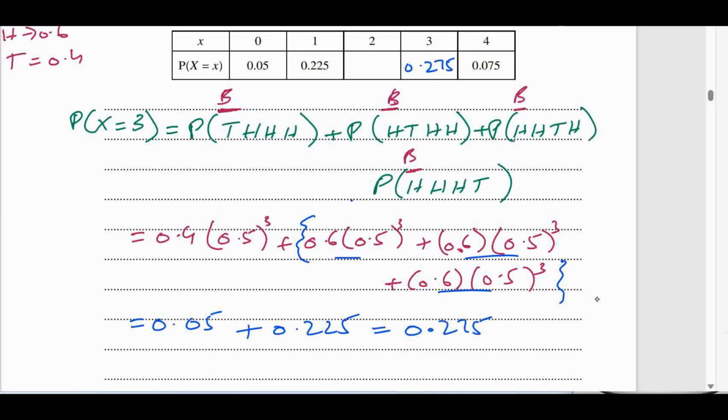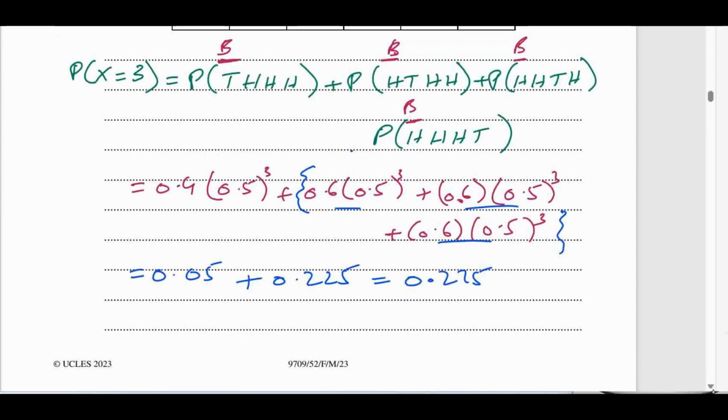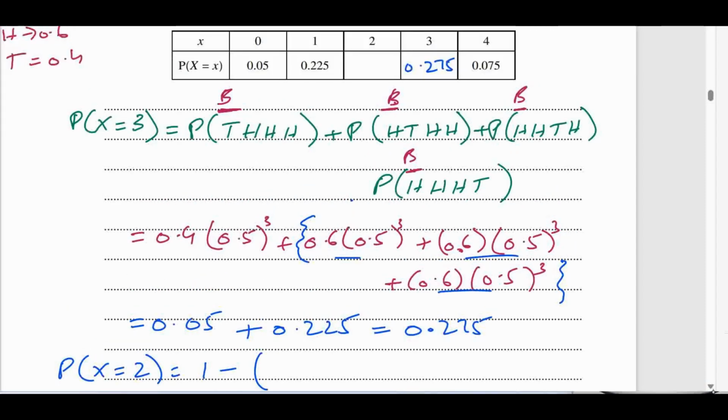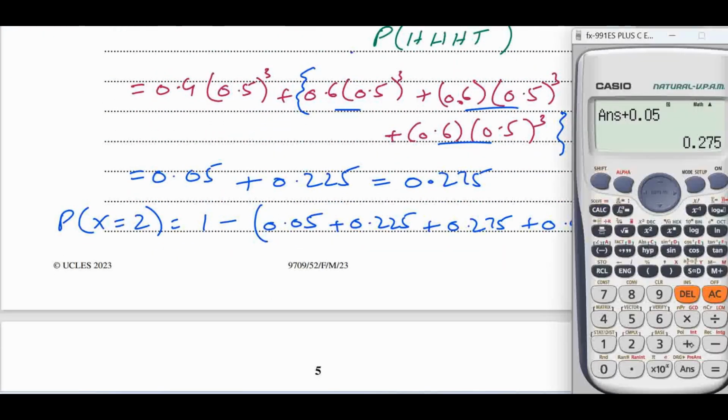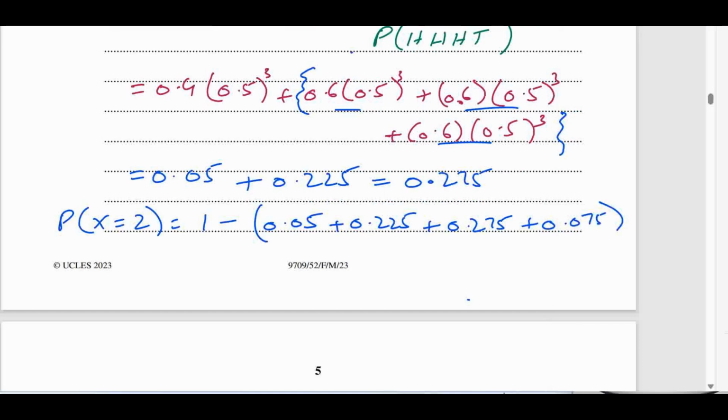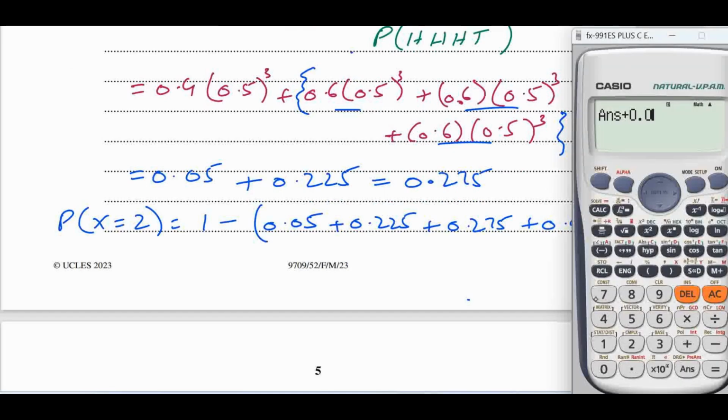अब लास्ट, अब आपको ये पता है कि किसी भी इवेंट की प्रोबेबिलिटी क्या होती है, 1 होती है. सो आप लिख सकते हैं प्रोबेबिलिटी ऑफ x इज इक्वल्स टू 2. आप क्या लिखेंगे, 1 माइनस बाकी सारी प्रोबेबिलिटीज को ऐड कर लें, तो दिस विल बी 0.05 प्लस 0.225 प्लस 0.275 प्लस 0.075. इन सबको ऐड करके तो 0.275 प्लस 0.075 प्लस 0.225 प्लस